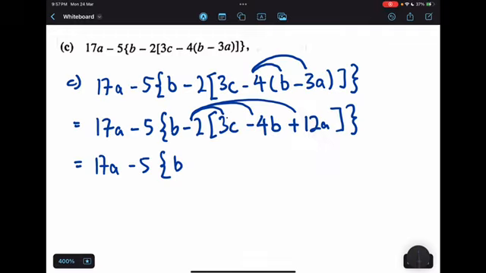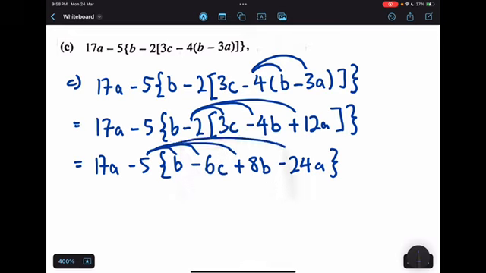Negative 2 times 3c, that will give me negative 6c. Negative 2 times negative 4b, that will give me positive 8b. Negative 2 times positive 12a will give me negative 24a. And now for my last bracket, likewise, I want to use rainbow method to multiply negative 5 into all these